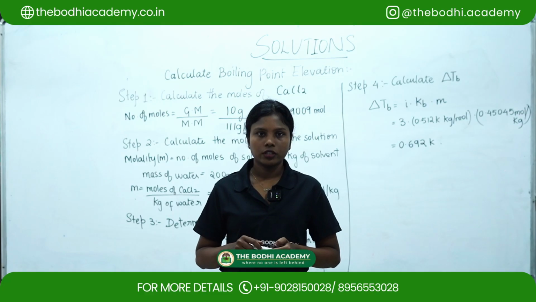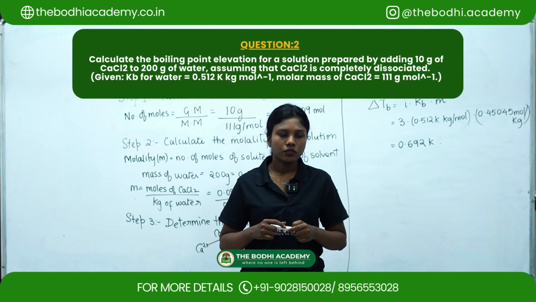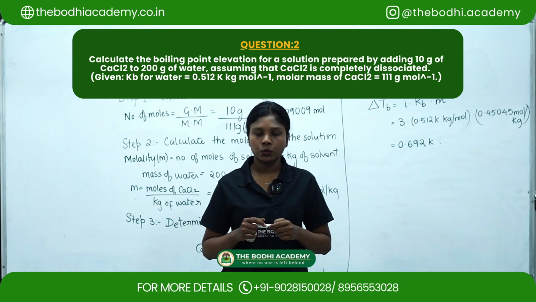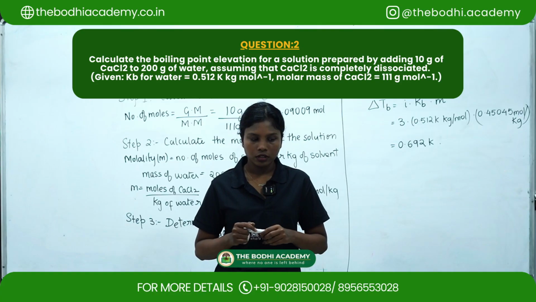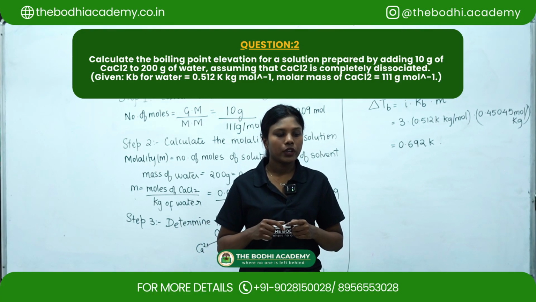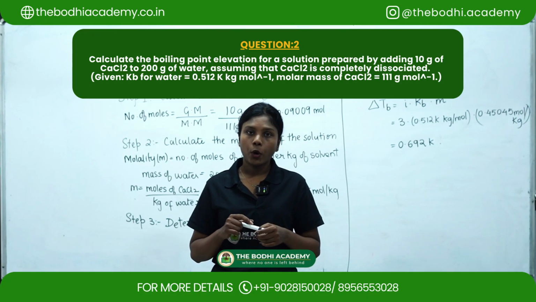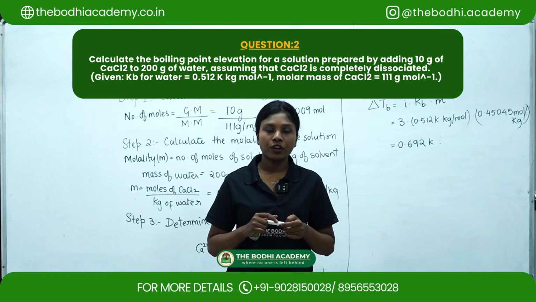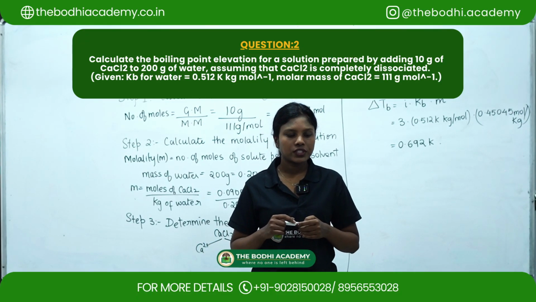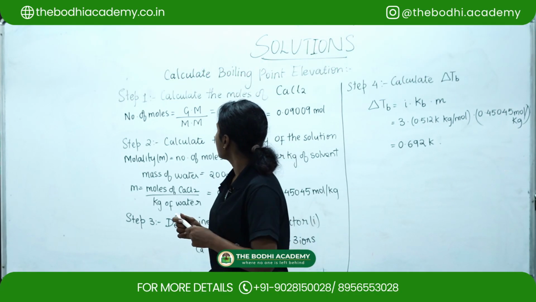Moving to the second question, it reads: calculate the boiling point elevation for a solution prepared by adding 10 grams of CaCl2 to 200 grams of water, assuming that CaCl2 is completely dissociated. So in this question, there are some givens also, that is, we have the boiling point constant of water 0.512 Kelvin kg mole inverse. Molar mass of CaCl2 is given as 111 grams per mole. So to start with,